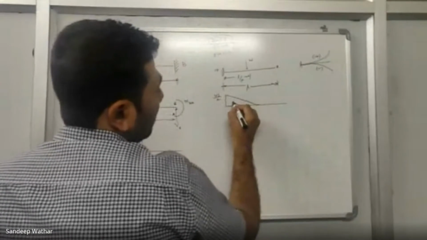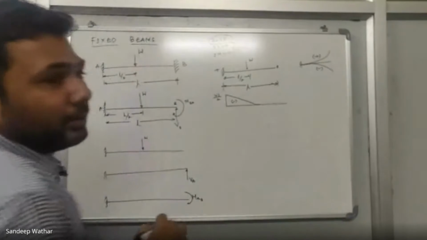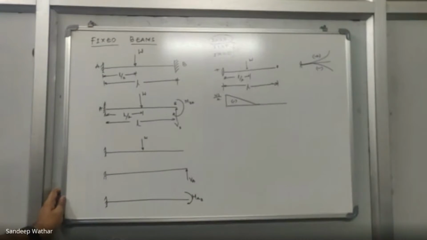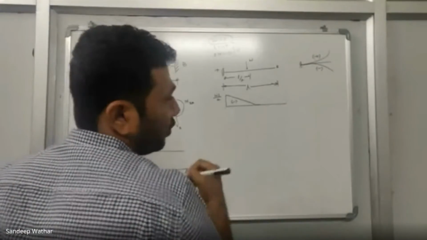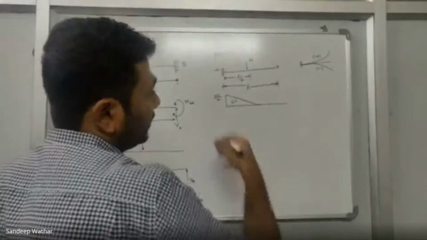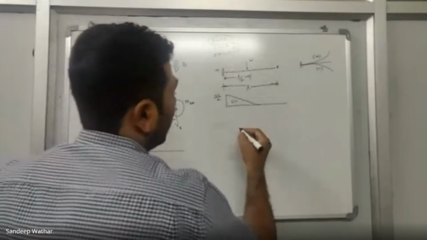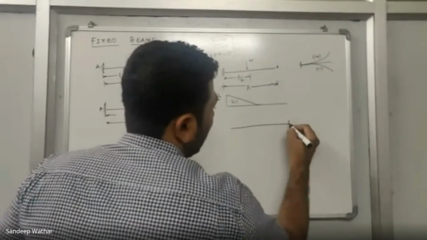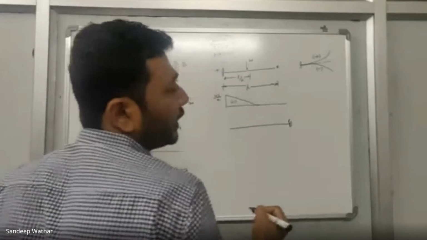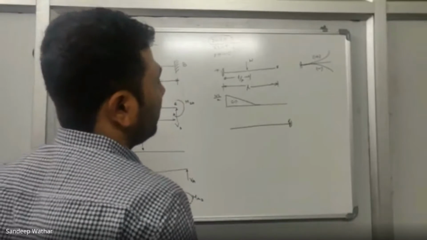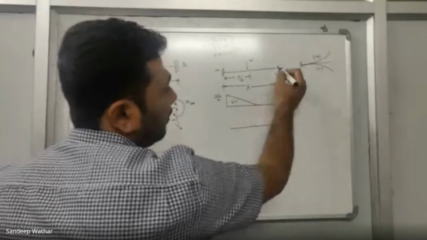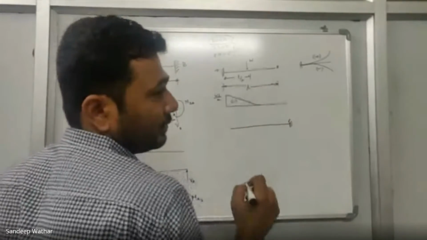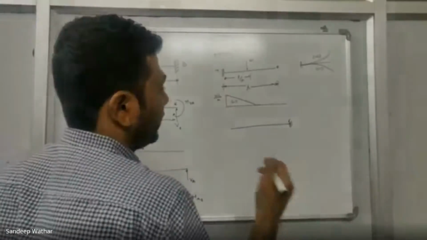So what will be this bending moment diagram now? This will be a negative bending moment diagram. I hope you all remember this. Once we solve the bending moment diagram, if I have to solve this structure using the conjugate beam method, I'll convert this into a conjugate beam. How do you convert to a conjugate beam? We know that this fixed end will become free end and the free end will become fixed end. This is the method in which we can solve it.